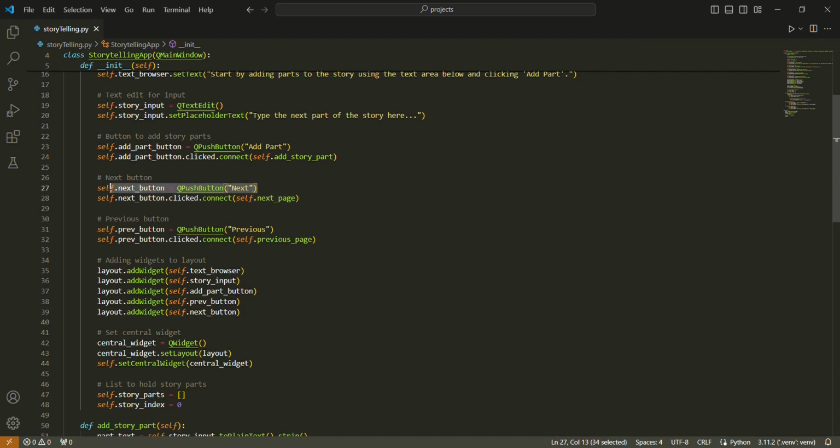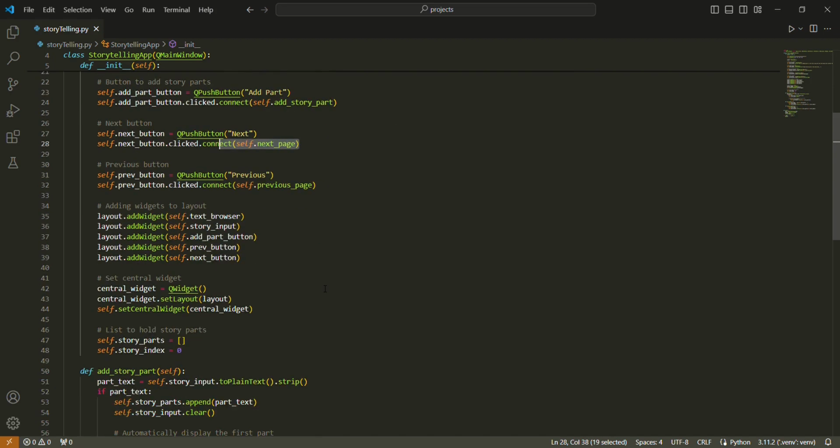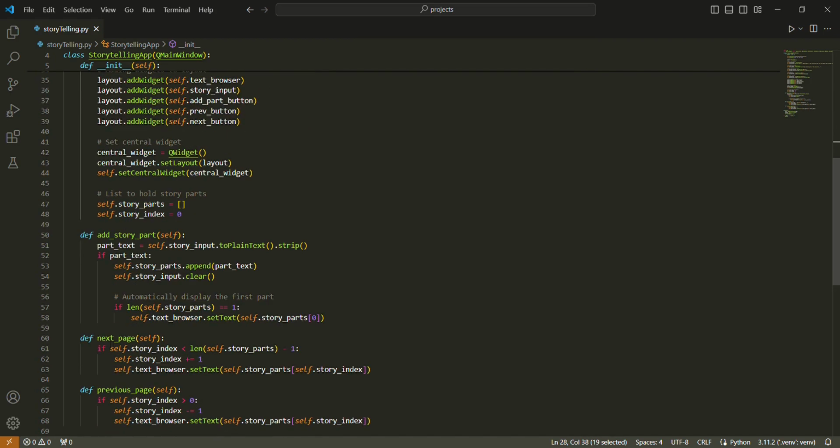So here we just define a button labeled next, and here we connect the button with the functionality that is defined in the next page method.